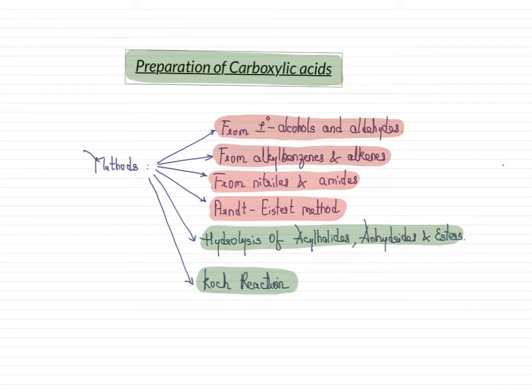So let us quickly begin with the first method of preparation, which is from alcohols and aldehydes. All right, let us first of all talk about how to get carboxylic acids from primary alcohols. Now, some of the reagents which you can use here are,